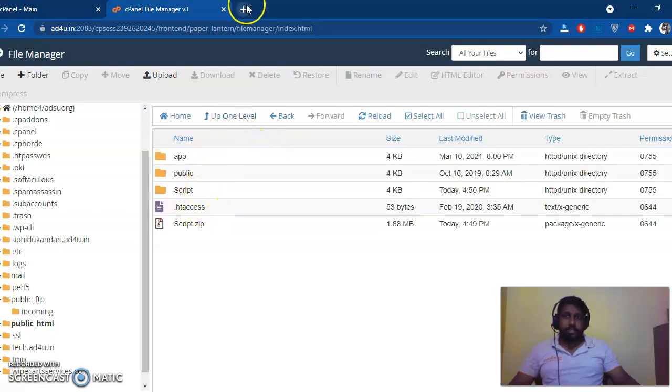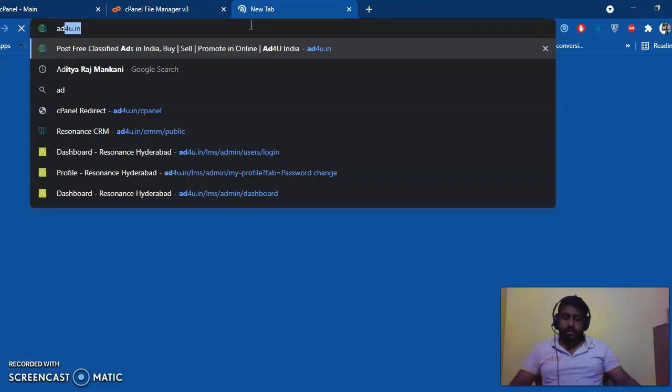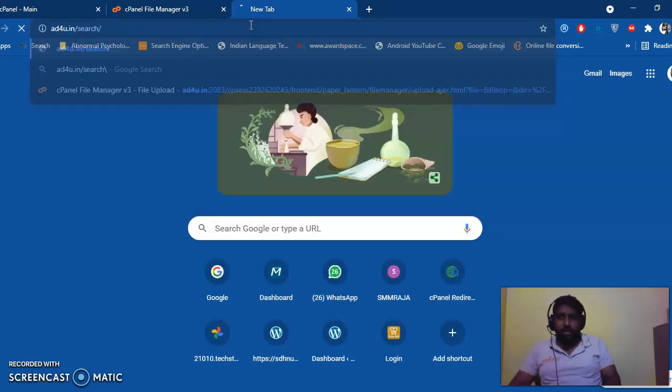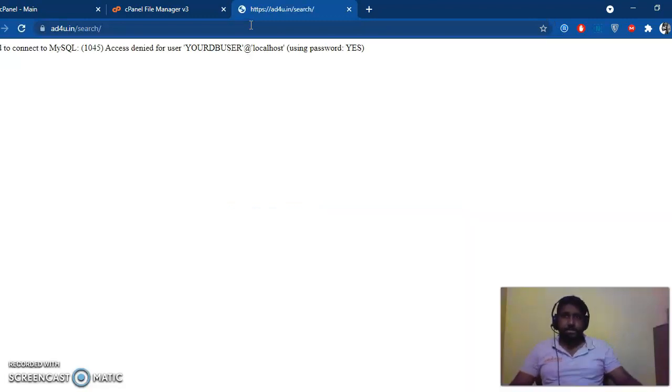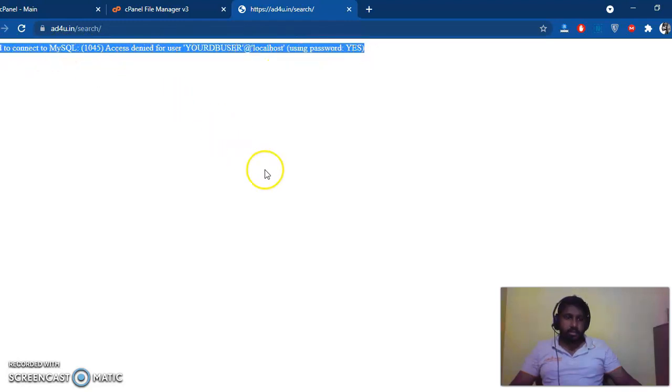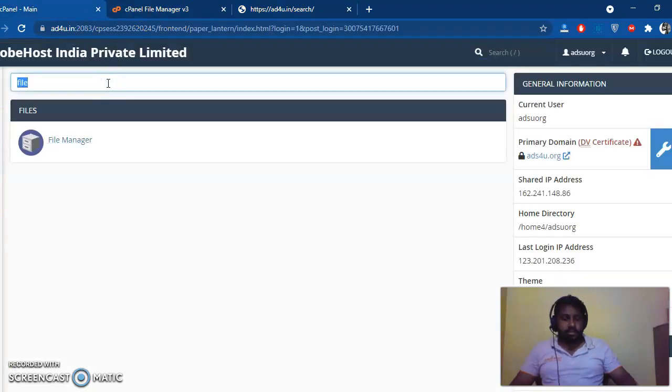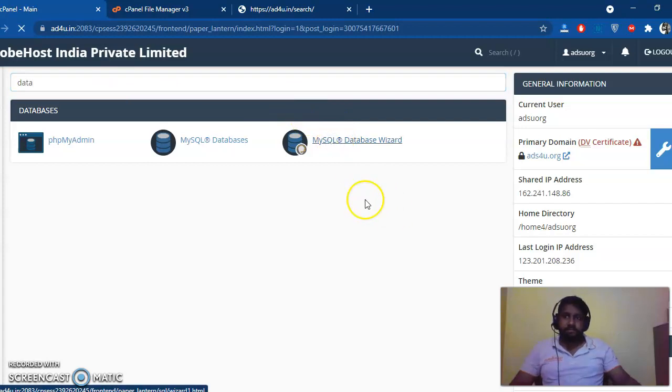Once I have this, I'm navigating to the folder which I have created. Here it is showing an error that we need to connect with the database. Great. So to connect with the database, we need to create a database in our cPanel. Let's create it.